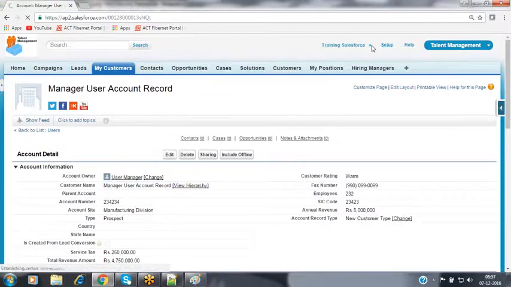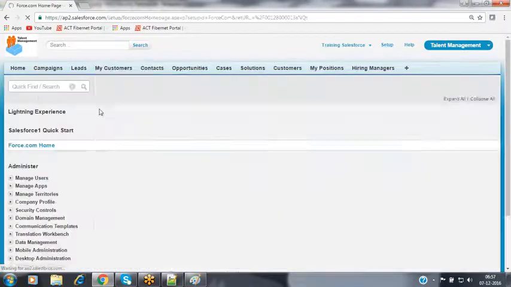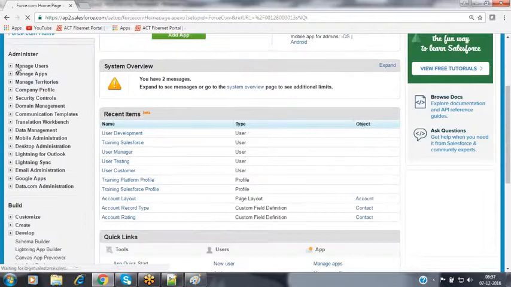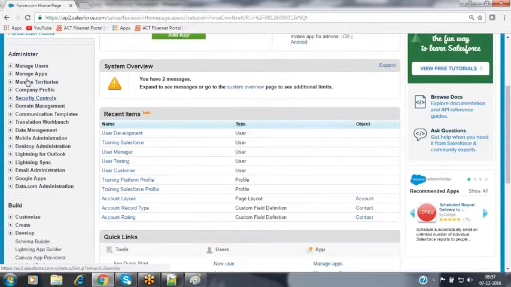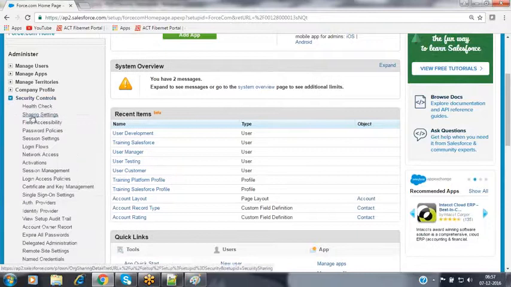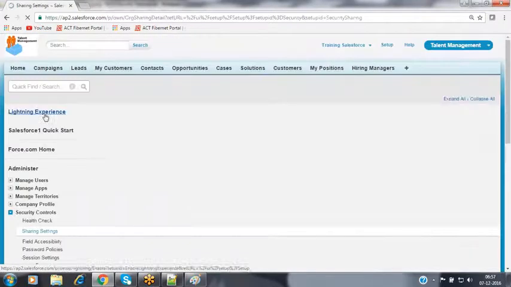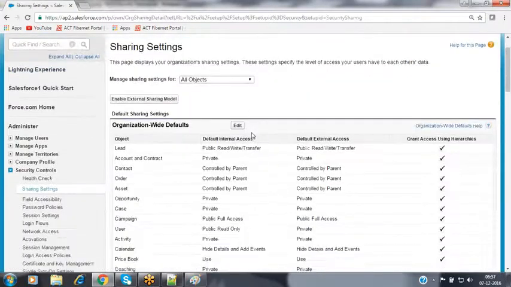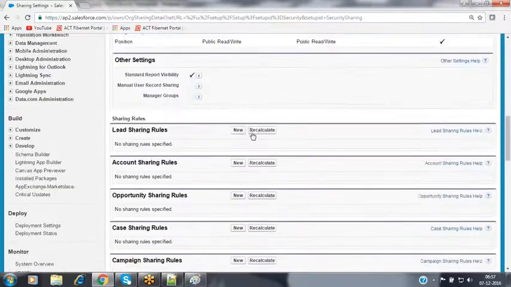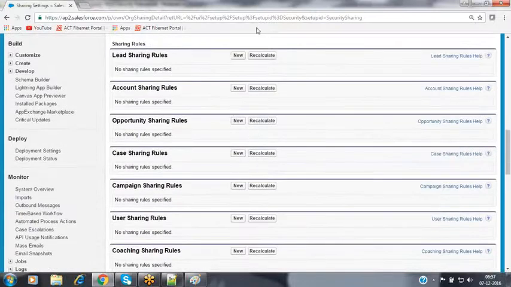Now, go to the setup menu. Go to the administrator menu in the left panel. Go to the security controls. Click on sharing settings. When you come down, here you will have the sharing rules section available.